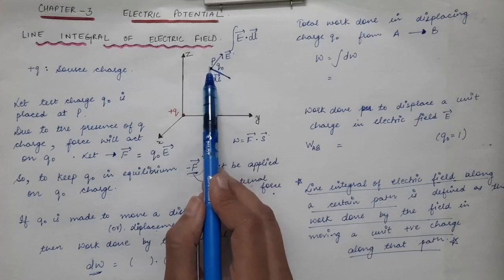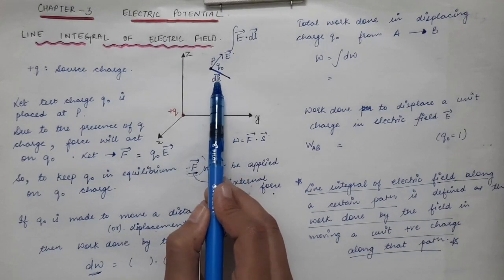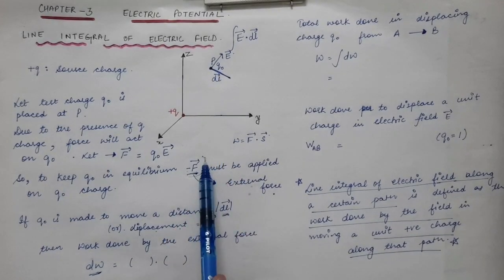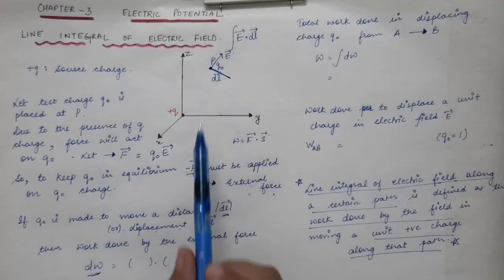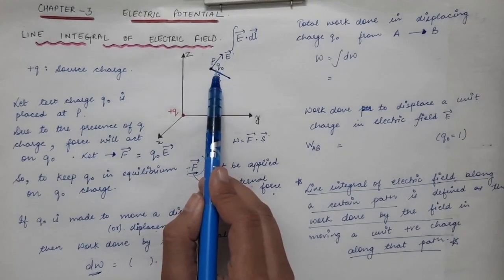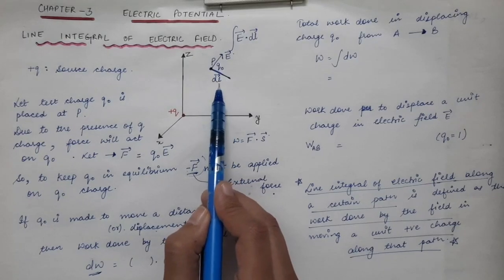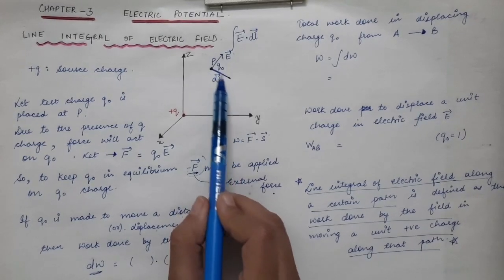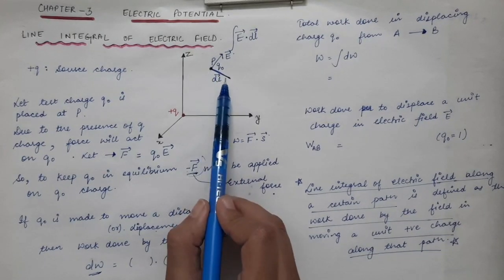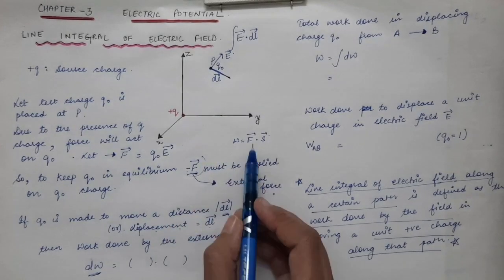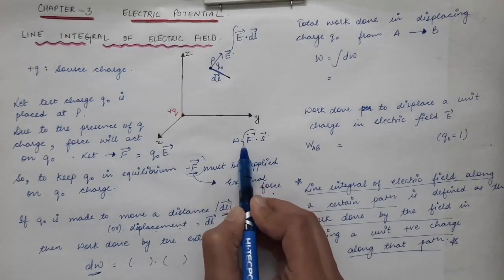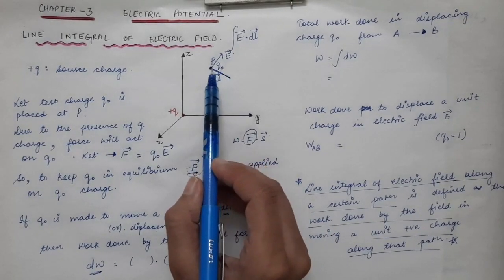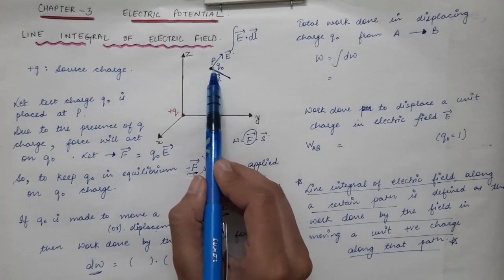It can be placed in equilibrium so that it does not move. Now the test charge is allowed to move a certain displacement, which is dl vector, and with what force will we be able to move this test charge? We have to apply minus F vector, and then we will move this test charge with this displacement dl vector. The work done by this force will be force dot displacement. Now what is the force in this case? It is minus F vector, because with the help of minus F vector we are able to move this test charge from this point to this point.